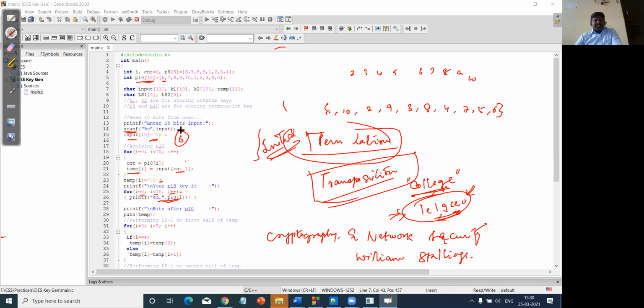Is there any doubt till this part? Quickly write in the chat box. If you have any queries, I can repeat it again. Any queries regarding the coding explanation so far, whatever I explained? Okay, the last, I can repeat it again, no issues. What about others?